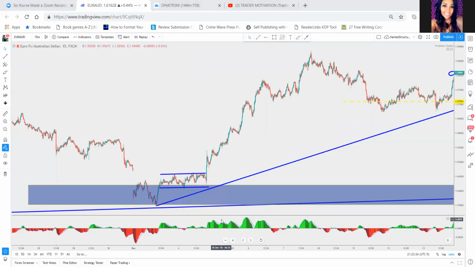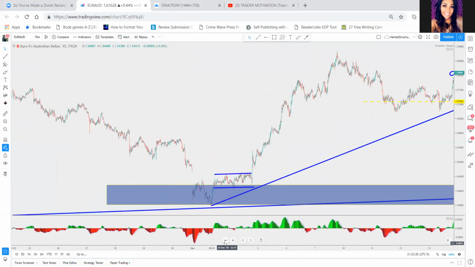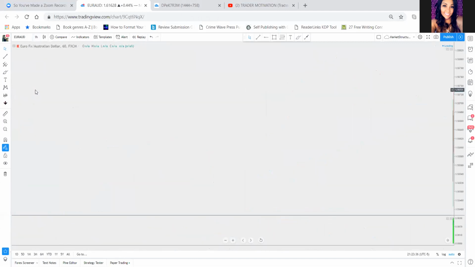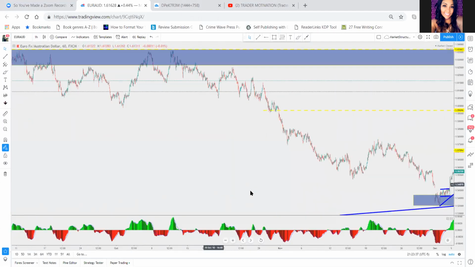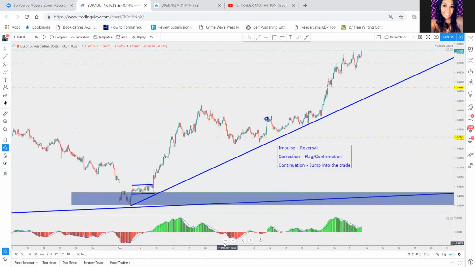Now, if you are into scalping, you can scalp these moves and take profit. Or if you're into swing trading, just say you caught this trade. We'll look at the 1 hour so we can see some of our take profits. If you caught this trade, once it pushed up to one of your areas right here that we were looking at for take profit,